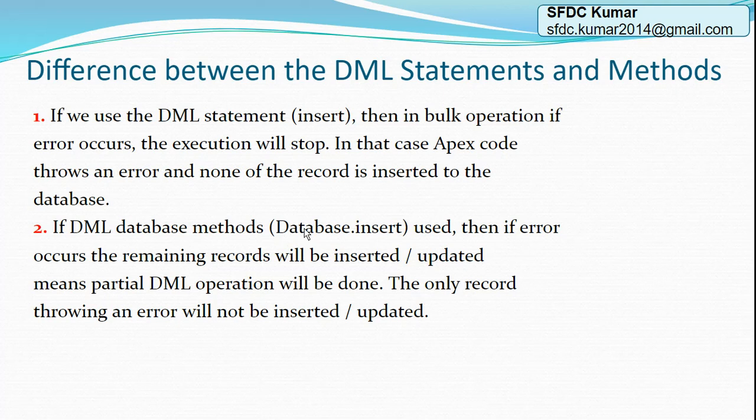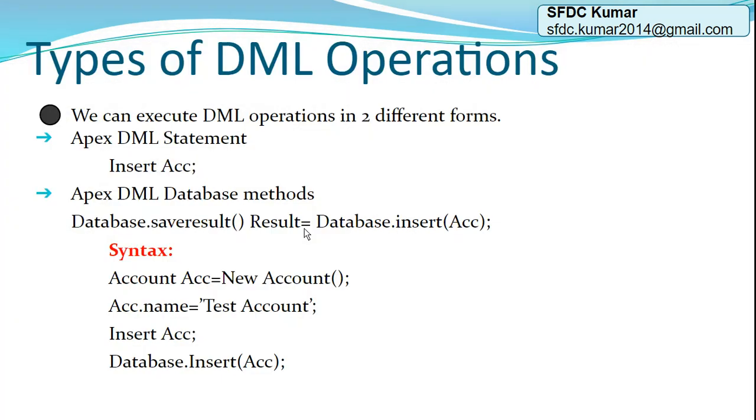So in data loader, what happens? If we are inserting the records, two Excel sheets are generated, one for the success file and one for the failure errors. Why? Because at insertion time, it is segregated by which records are success and which records fail. So here we store in a database the save result.